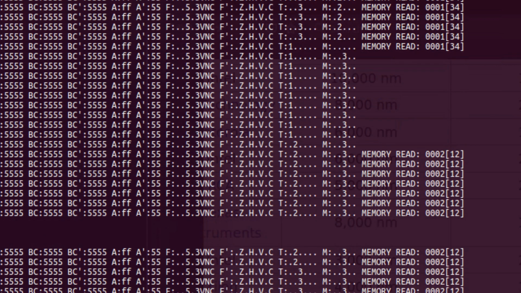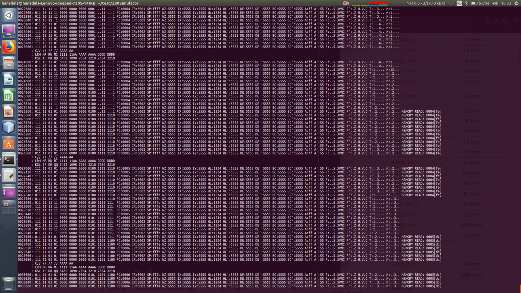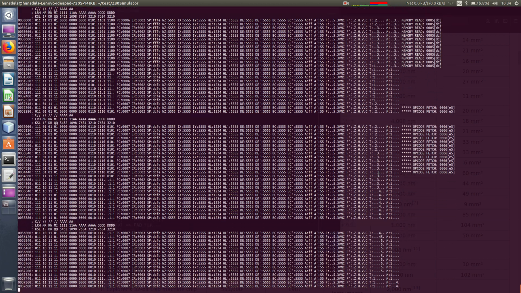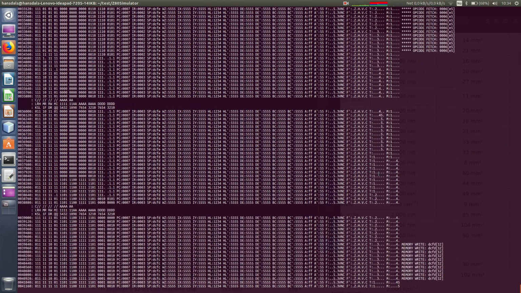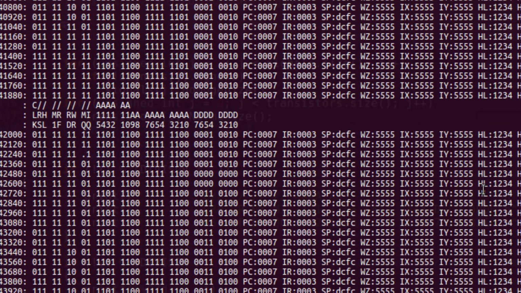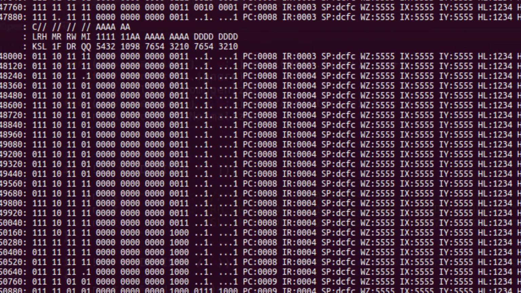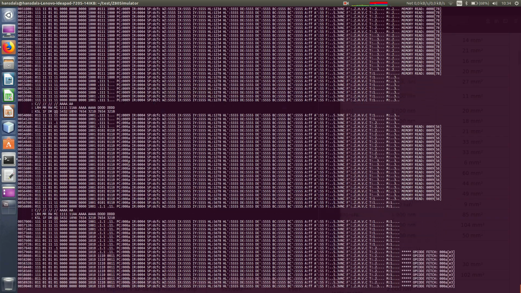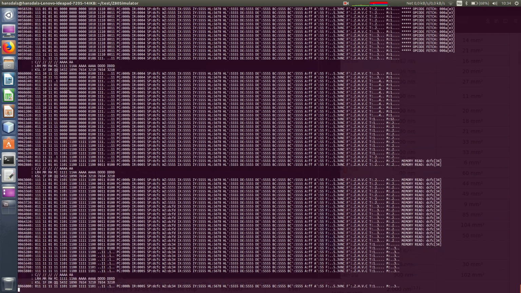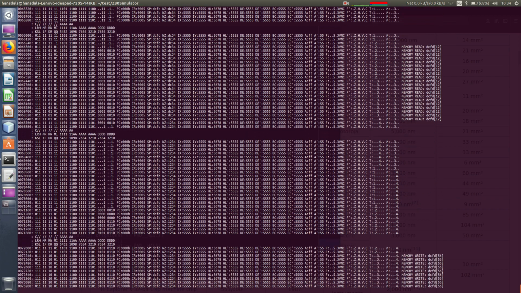I think these are like fetch and execute phases. So it reads memory, fetches opcode, memory write. You can see the program counter is now at 8 hex, 9 hex, A, E. I'm not sure if you can see the instruction,